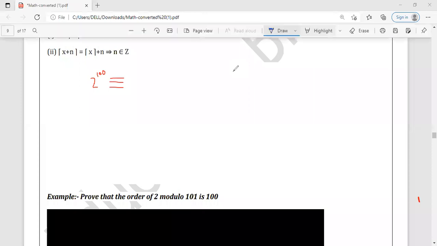So how to do that? The very first step, you would show that yes, 2 to the power 100 is congruent to 1 mod 101. How would you show that? By Euler's phi theorem, right? Write in chat yes or no, or tell me. If you are having any problem, you can unmute, and if you agree with my statement, write in chat yes. Yeah. So now, 2 to the power 100 is congruent to 1 mod 101. I am not writing the mod part.